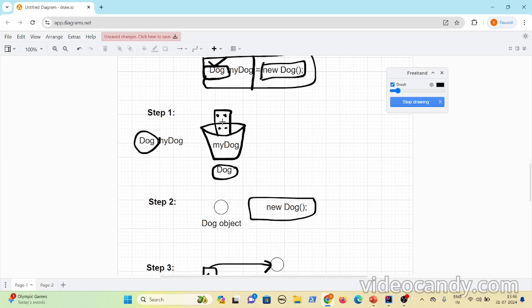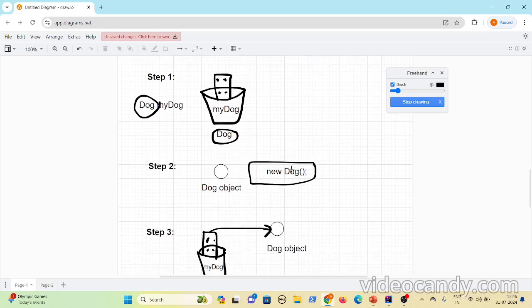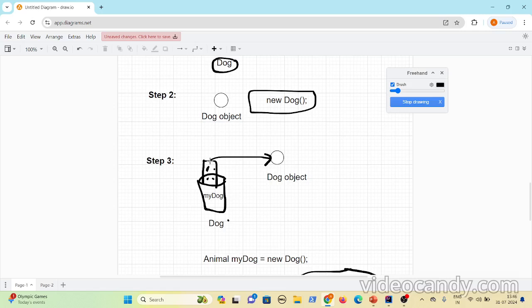Okay. Now as soon as you create a reference variable, will you be able to invoke those methods? No. As soon as you brought a TV remote control, are you able to change the channels? No. You have to connect that to your TV. The same thing. The next step is you have created an object on the heap. The third step is you are linking the remote control to the object, like you are linking the TV remote control with the TV.